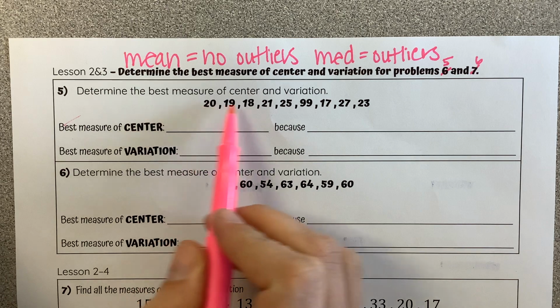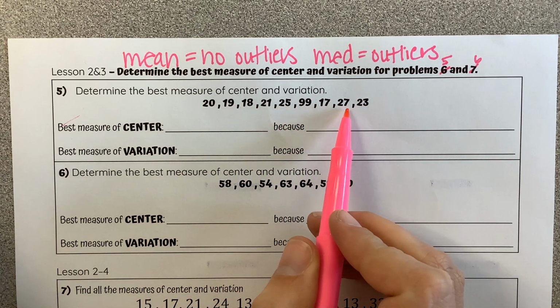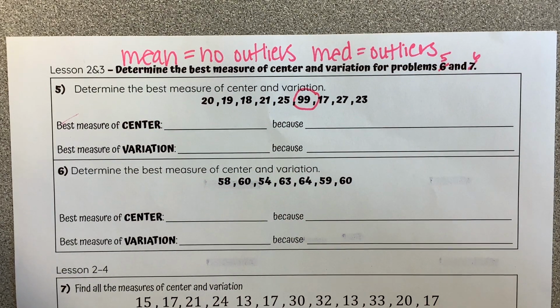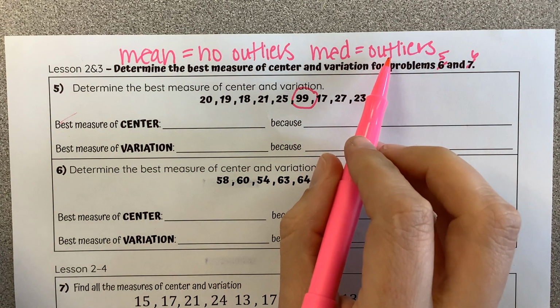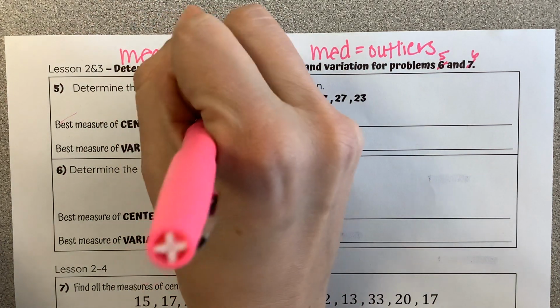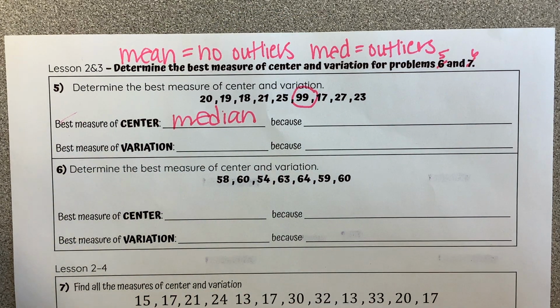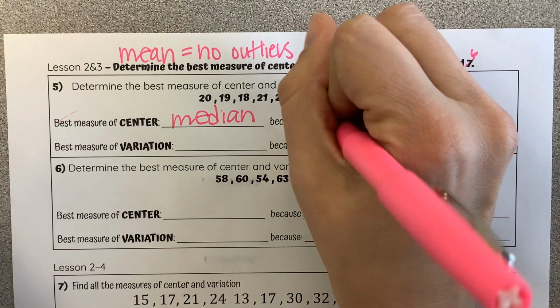So looking in here, 20, 19, 18, 21, 25, 99, 17, 27, 23. I see that 99 is way bigger than the rest. That is an outlier. And outliers would tell me to use the median. So I can cross off that outlier as I'm finding the median value. And what matches up with median? We use the median to find the